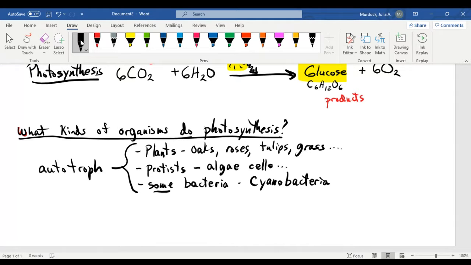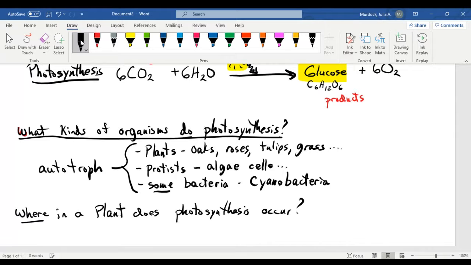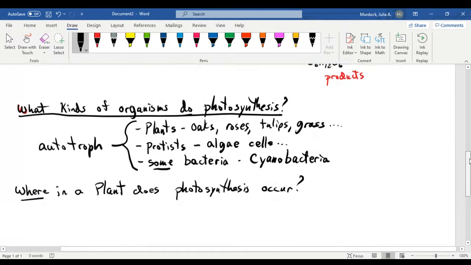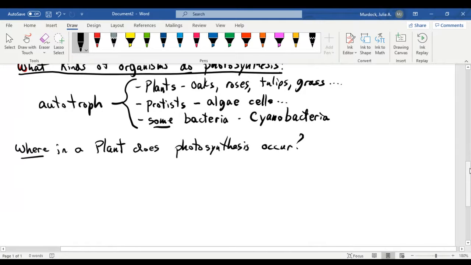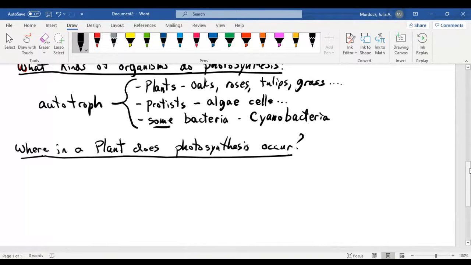Now the next question is, where? And let's stick with plants. Where in a plant, a multicellular plant, does photosynthesis occur? Let's talk about that for a minute. Chloroplast. Yes, very good. You guys are ahead of me. But let's go through the levels of organization. Let's be really precise about it because we're in high school. So, at the organ level of a plant,